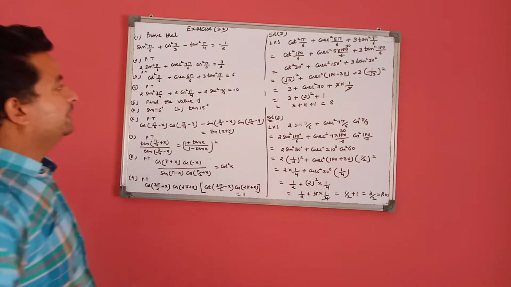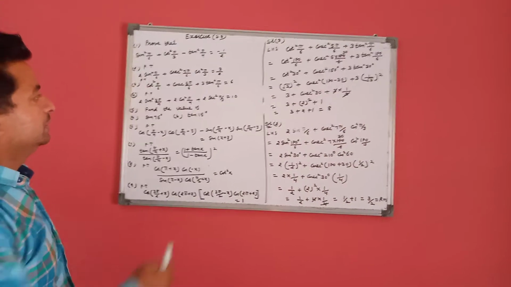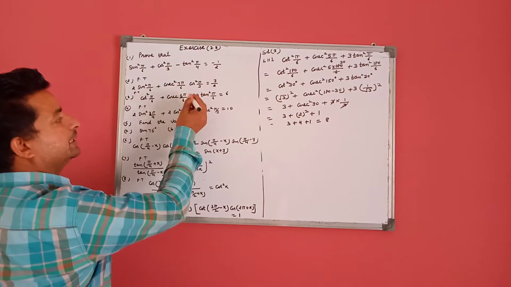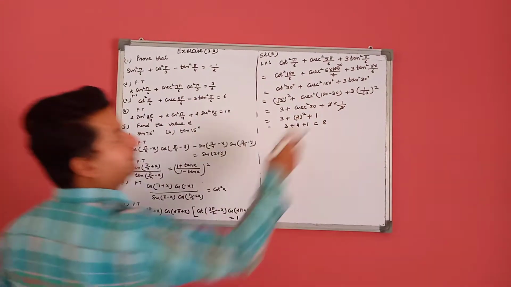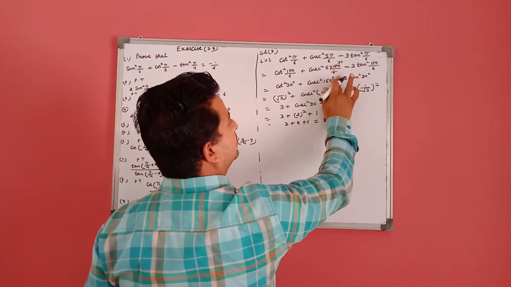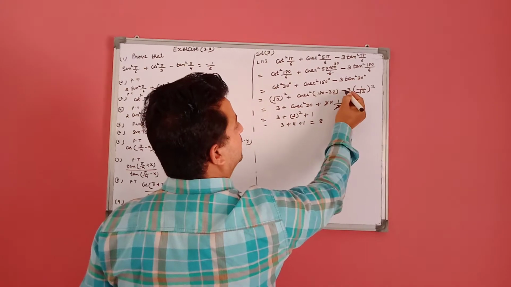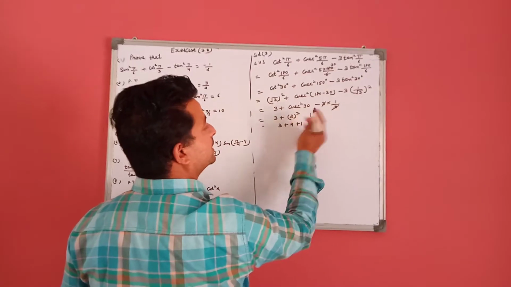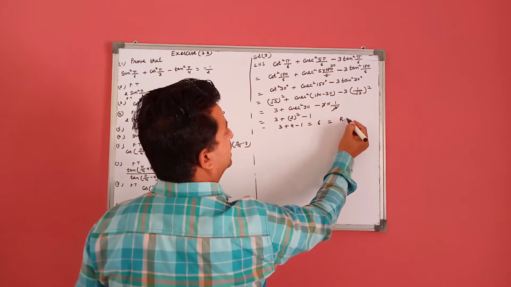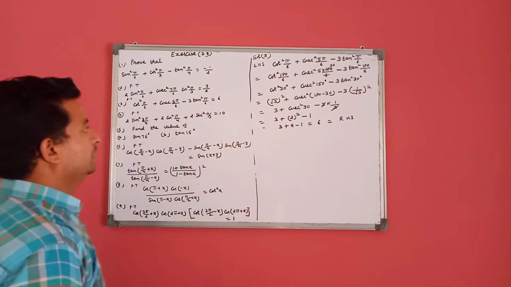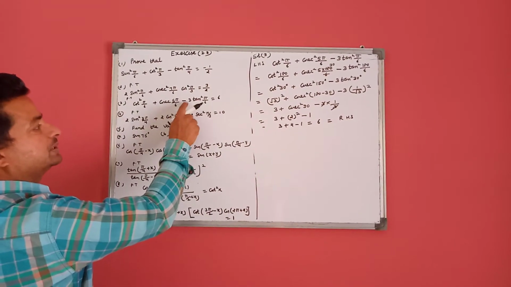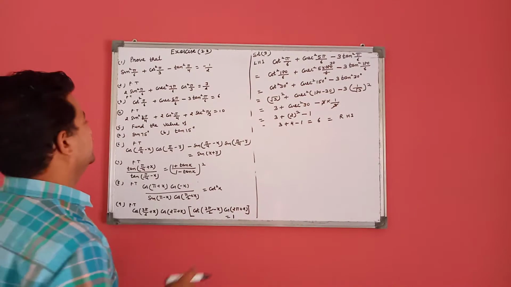But on the right hand side, there is some problem in this statement. There is a negative sign here. So this becomes 6, which is the right hand side of the equation. In this statement, cot square pi by 6 plus cosecant square 5 pi by 6 plus 3 tan square pi by 6.